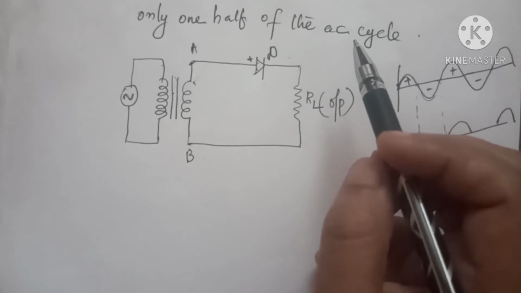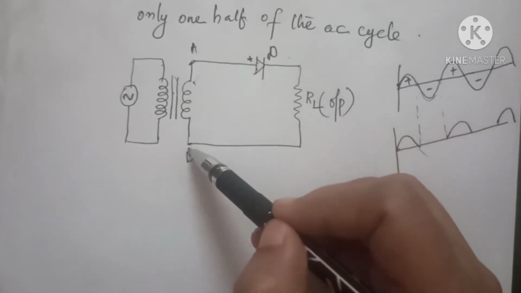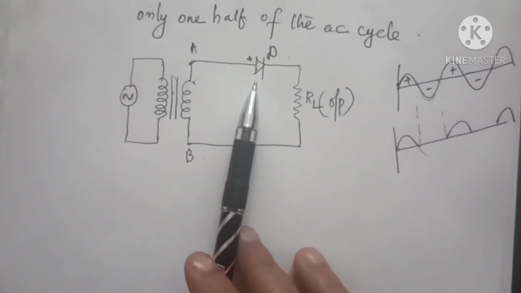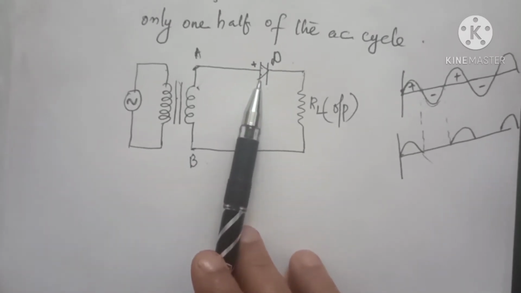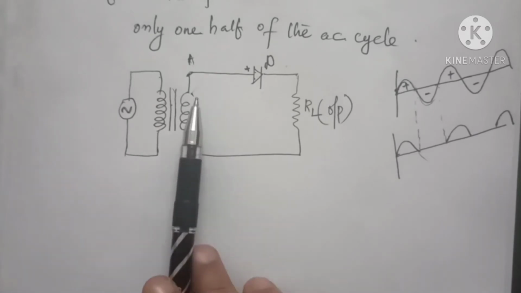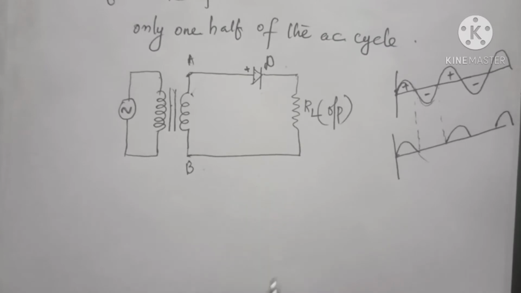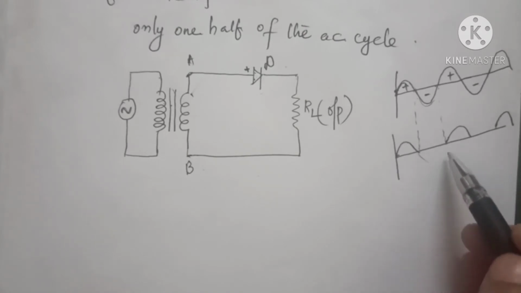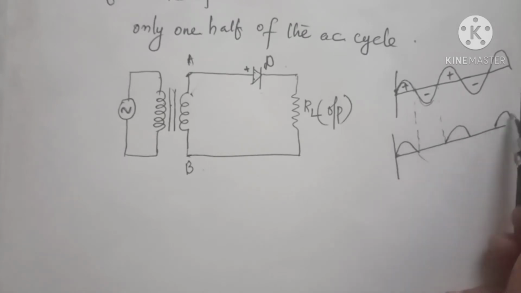And during the half cycles when A is negative with respect to B, what will happen? This is the reverse biased condition. That means the negative is connected to the positive of the diode, and the positive is connected to the negative of the diode. In such a case, it will not conduct. Understood? So we can see that the output across RL is unidirectional, and it will be like this. In between we are not getting output, because it is in reverse bias. Only the forward bias regions we are getting.